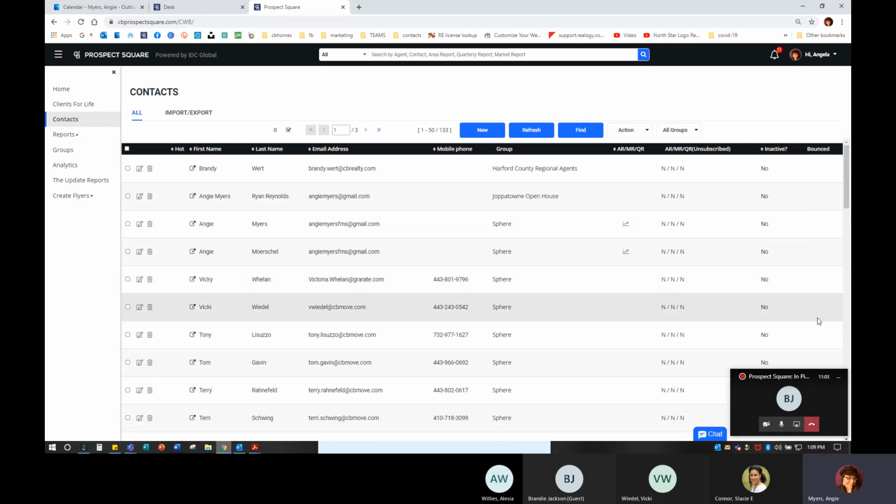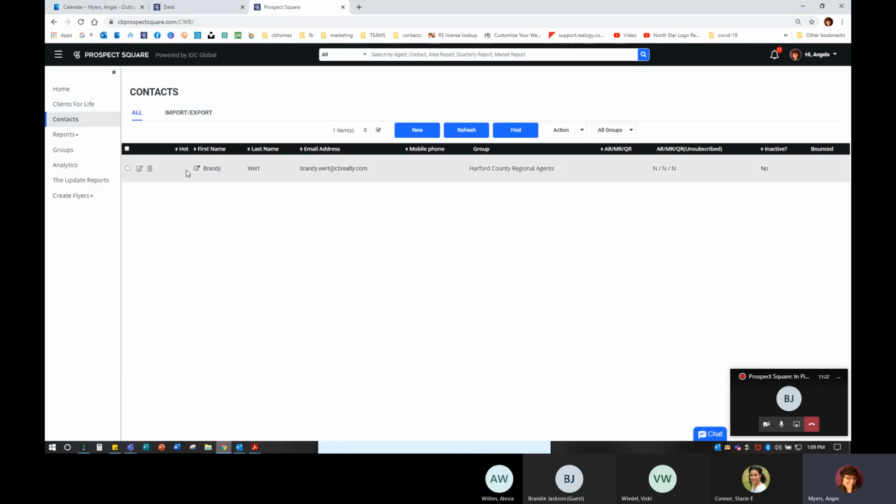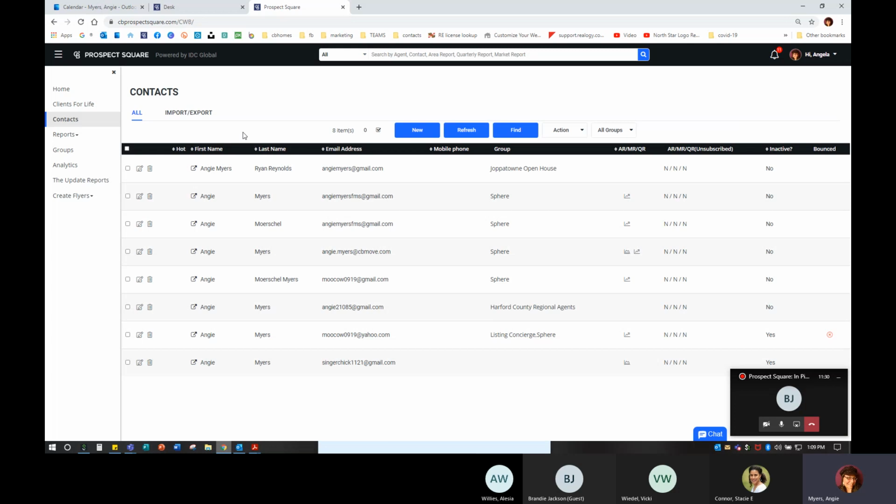Or have they bounced? It'll let me know that as well. So it kind of gives you a snapshot. You can see I have 3 pages of contacts here. And again, I can add people in new, I can refresh the page, or I can actually look for a very specific person. Let's say I want to find this person, do a search, this person's going to come up automatically. If I put someone's first name in the search field, it's going to bring up everybody with that first